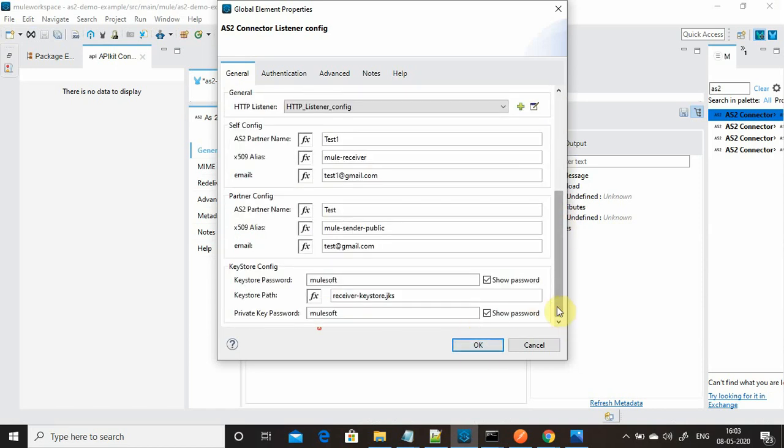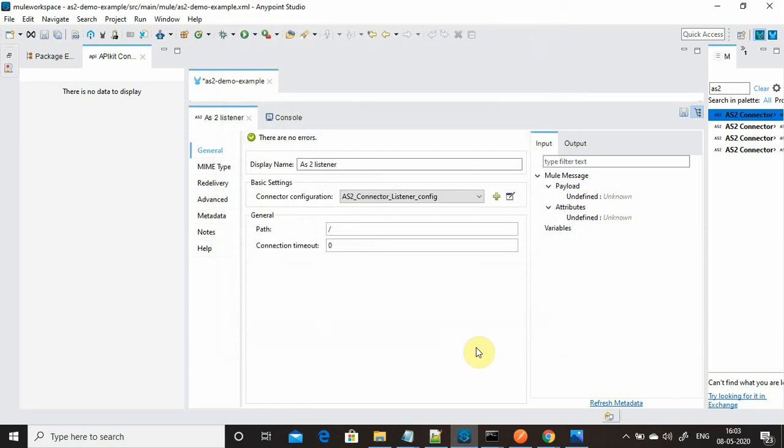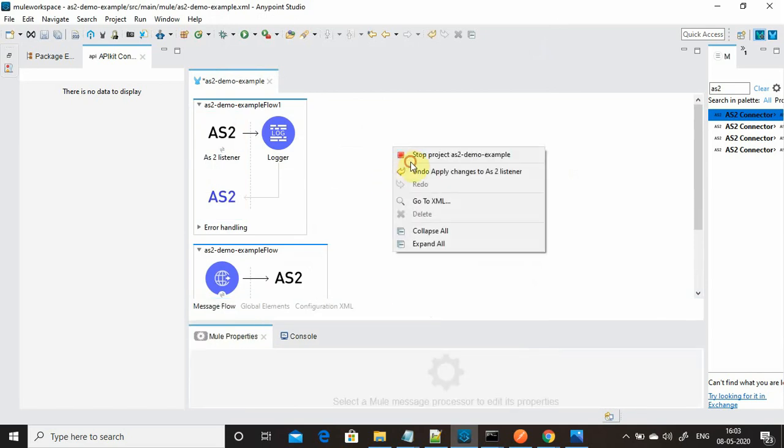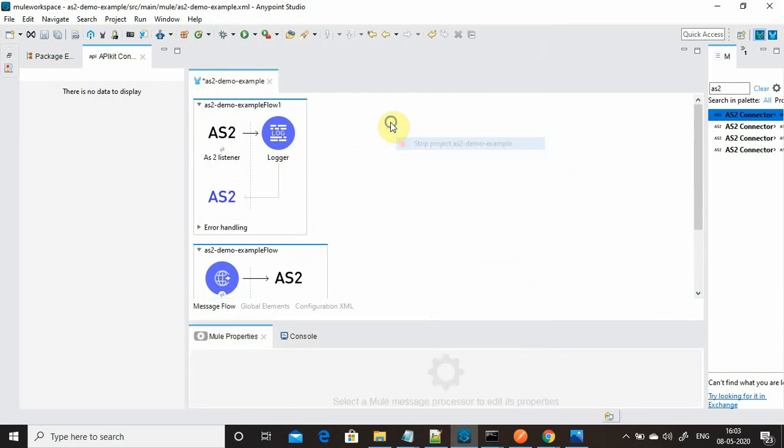Let's check that everything is fine. Mule receiver, mule sender public, it's all fine. This time you will see the message will get decrypted, and you will not see any error.